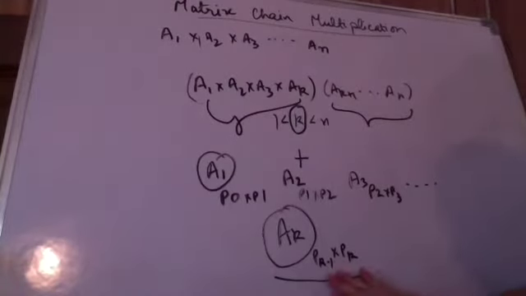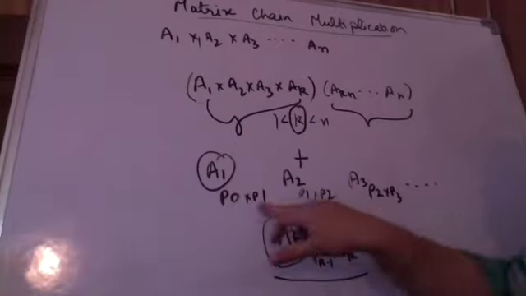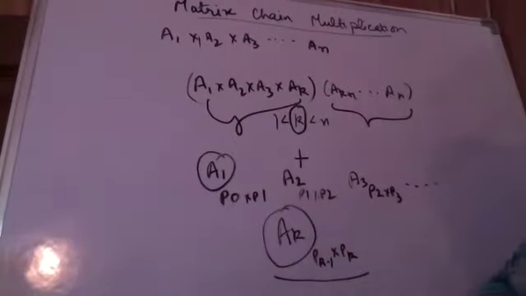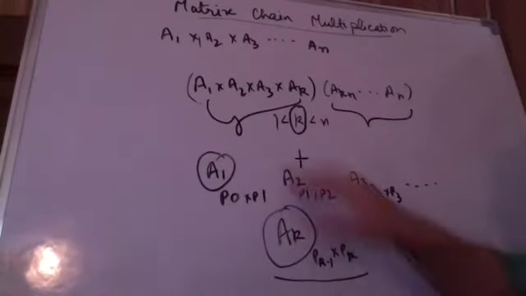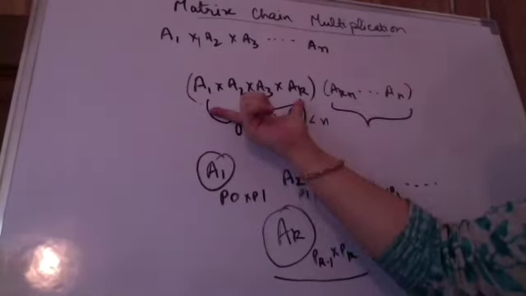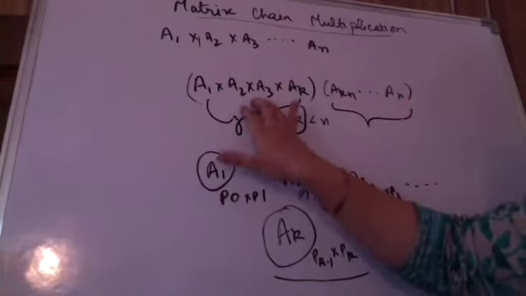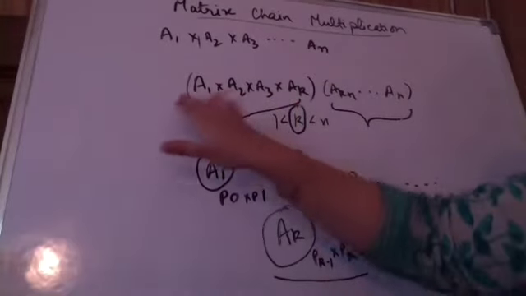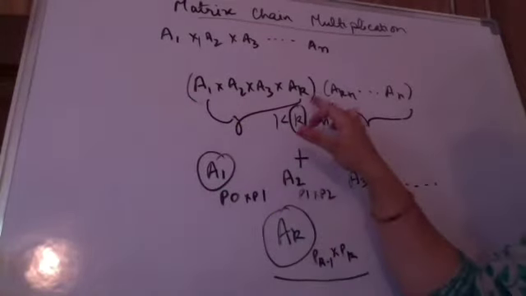So this P is actually storing the order starting with 0 into 1. So for any matrix K the order is P(K minus 1) into PK because this will remain the same. So I need not save the order again and again. I can save it in this manner. Now I am saying when I am having these orders of the matrices, right? Now generalizing this term, I have the total multiplications for this matrix multiplied by whatever the order of this matrix is. What is the order of this matrix? The order of this matrix will finally come out to be P0 cross Pk.